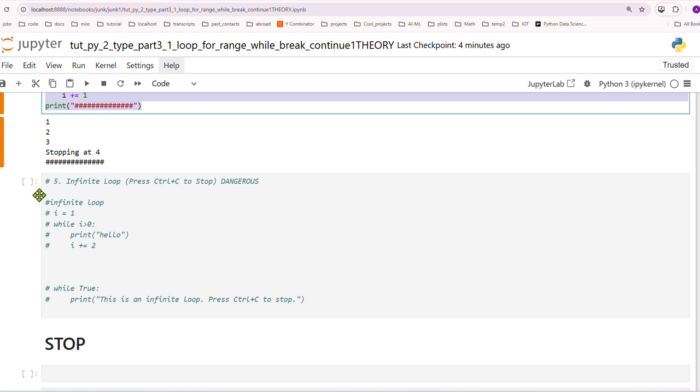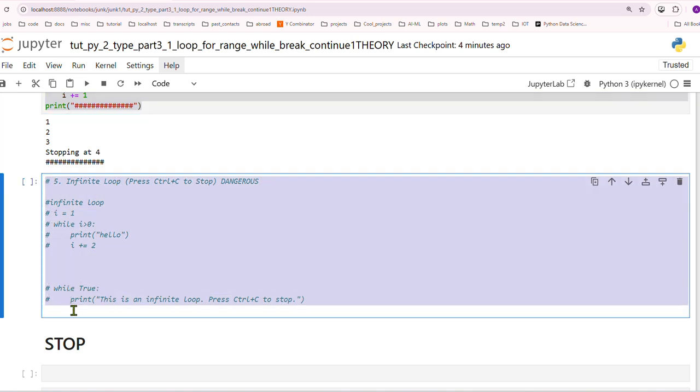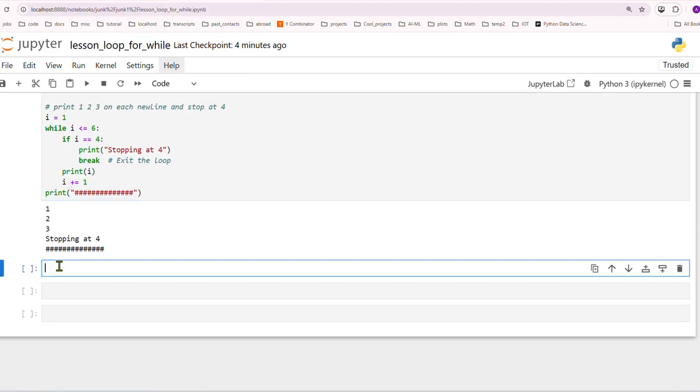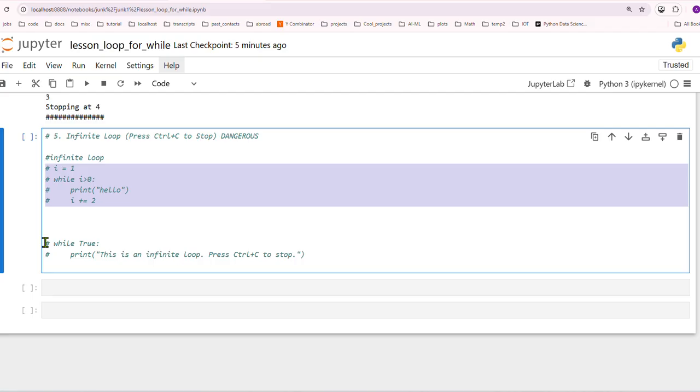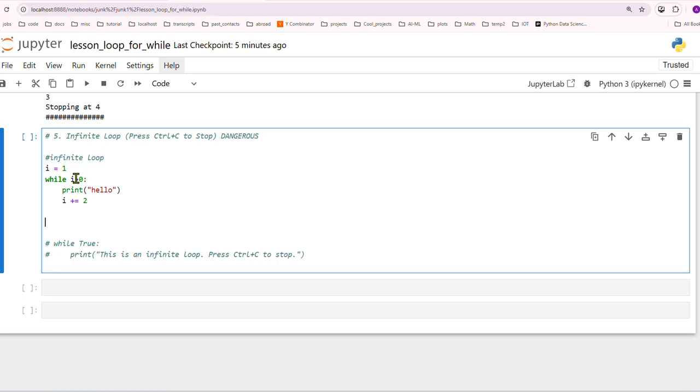Okay, infinite loops. This is important. Thought you should know because I've seen students do it a lot of times. I would not recommend ever doing this on your computer. So let's look at this statement right here. I equal to 1. While I is less than or equal to 0, print hello. Okay. And then